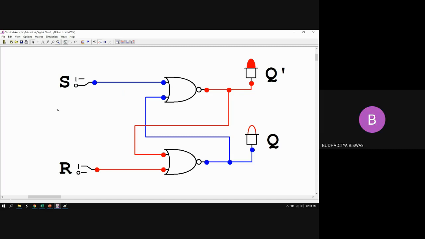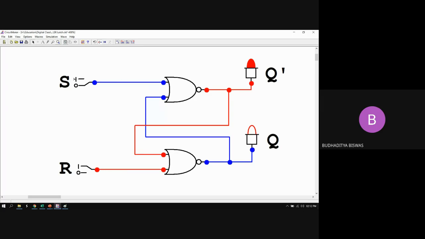Okay, now come to this one. Come to the main features of this SR. When both are 0 0, then what will happen? Okay, the circuit is in the run condition. S is already connected to 0. I just change R to 0. Now let's see what happened. What is the state of the flip flop? Reset. Q equal to 0 or Q bar high, sir. 1. Very good. Q equal to 0, so that means it is in the reset state.